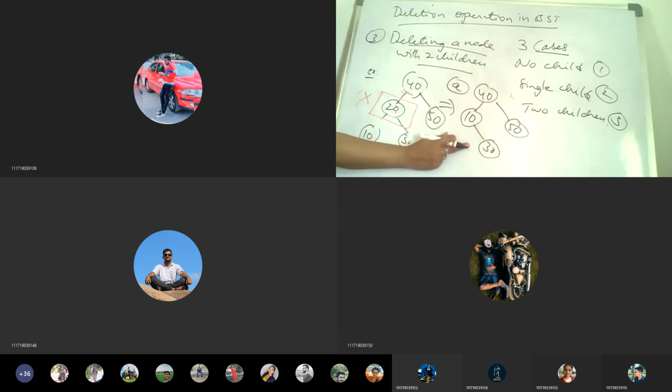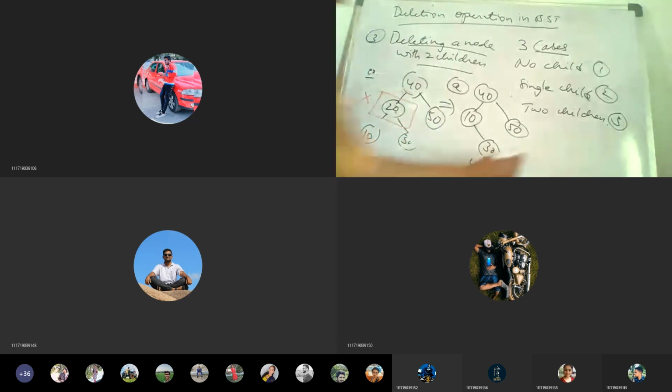This is one procedure: taking the maximum value from the left subtree to replace its parent. When the replacement is done, automatically 20 is deleted. Is there any existing 20 in this? So that's the procedure.